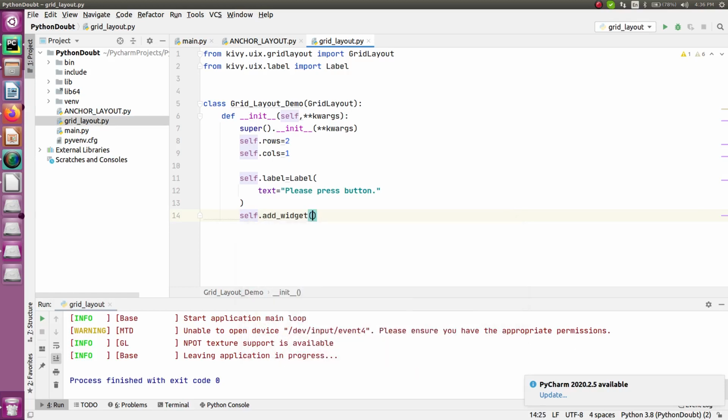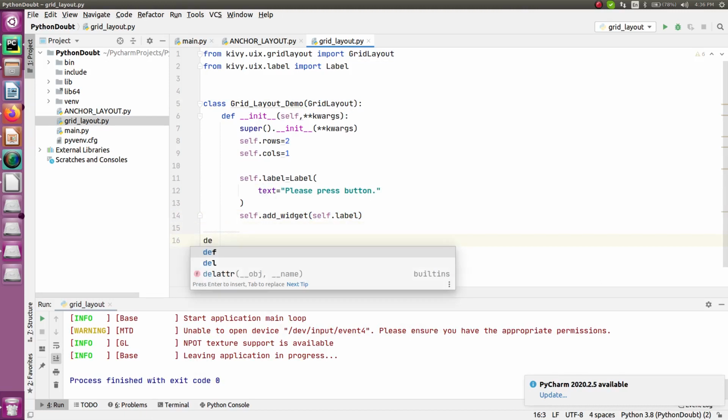So that's why I can directly do it. So self.add_widget, and inside that you can directly say self.label, which means now you have added this widget to your current layout, and that layout is grid layout. So this is what I have done, and after that, now let's just call it.